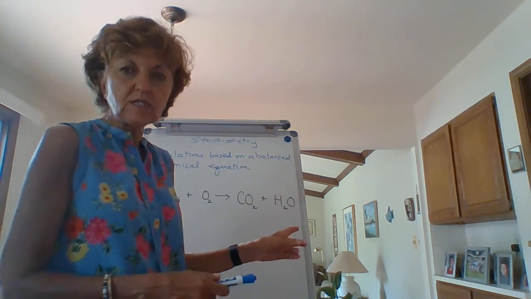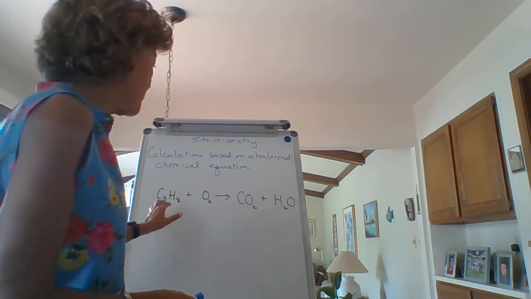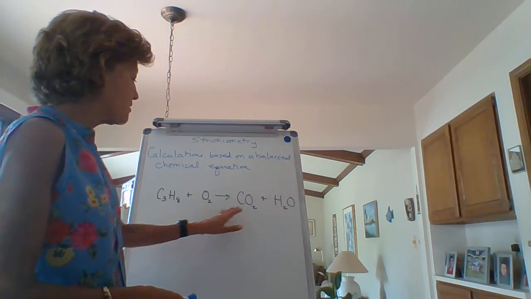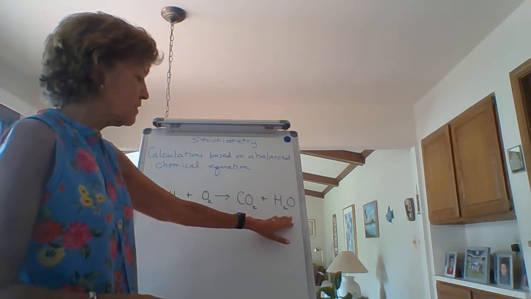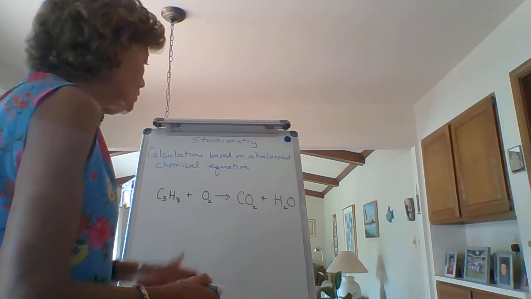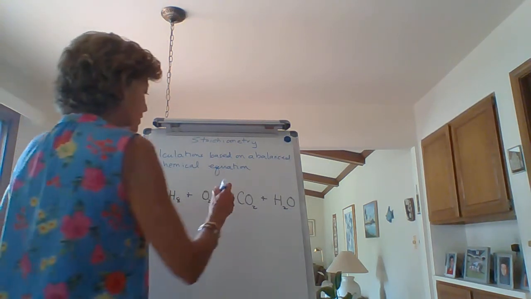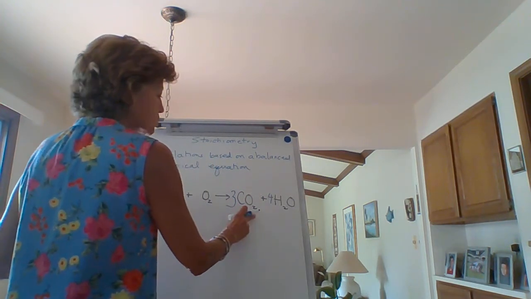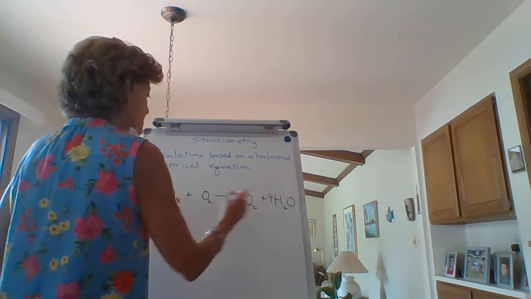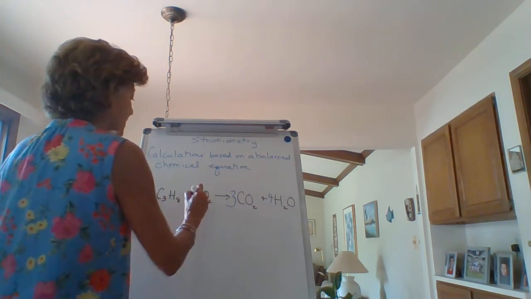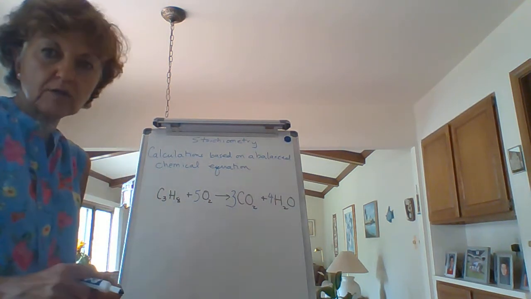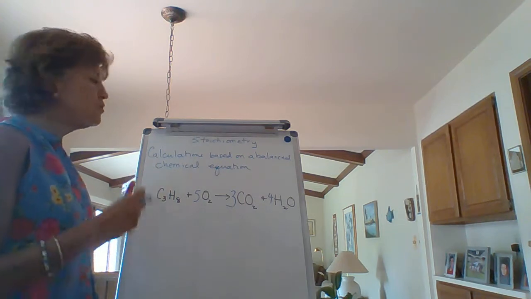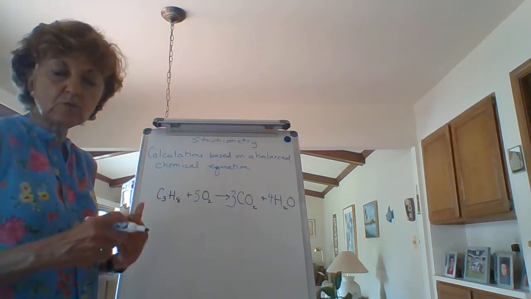Remember this equation? We did this in the previous video. We had propane gas plus oxygen will produce carbon dioxide and water. When we balanced it, we put a 3 here, we put a 4 here, 3 times 2 is 6 plus 4 is 10 oxygens, we put a 5 here. So this is our balanced chemical equation. In order to do calculations based on this, we need to start